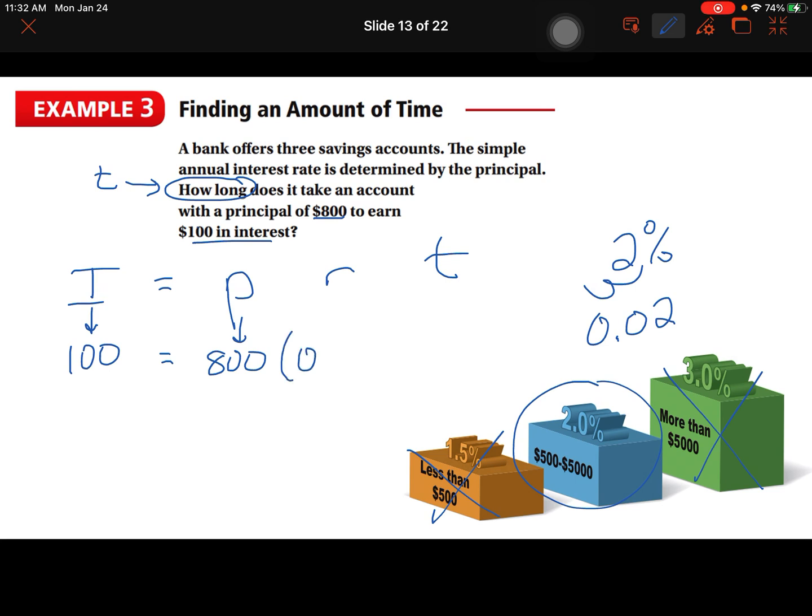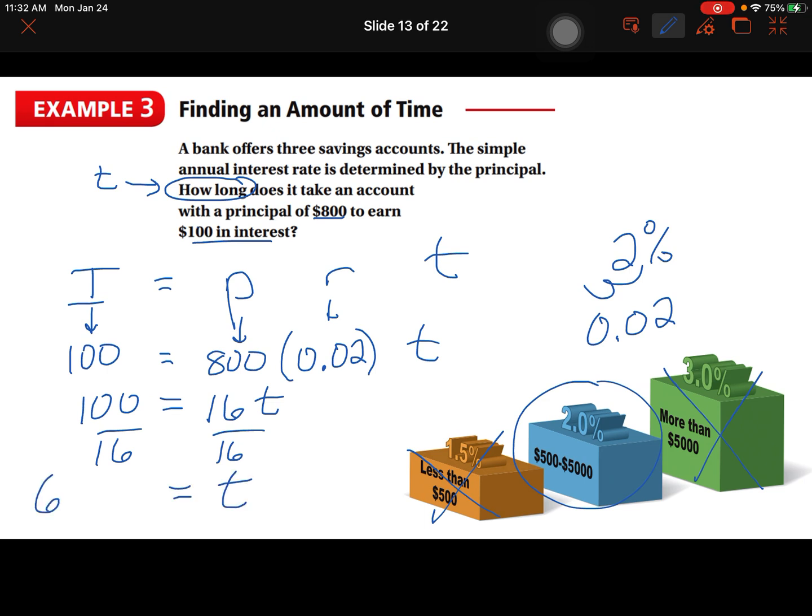And so we're going to put that underneath my rate, and that's the rate we earned, and we're missing time this time. So now we multiply, and we get 16t, and we're going to divide by 16, and we will get a period of time of 6.25, and that would be years, and hopefully you recognize 0.25 would be 1/4